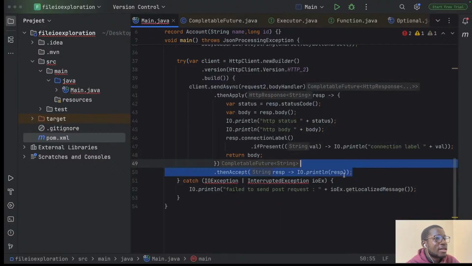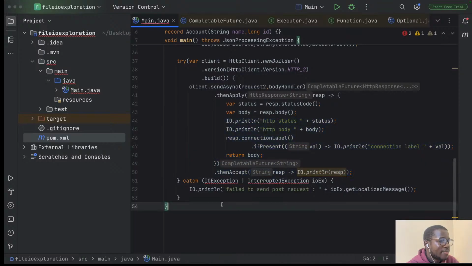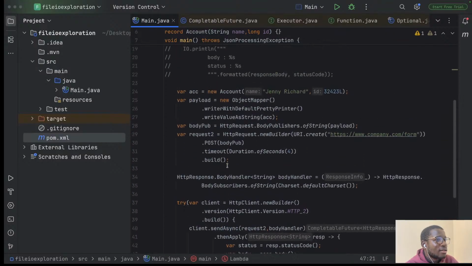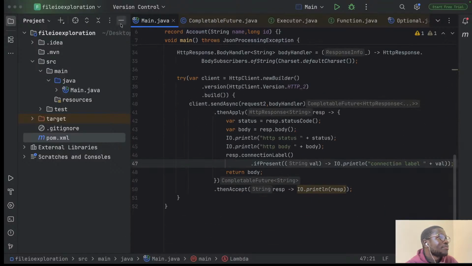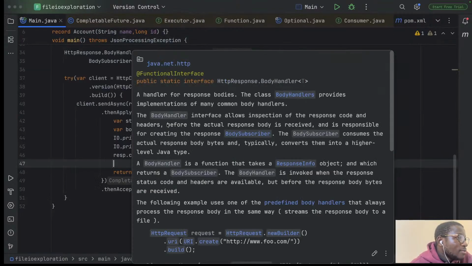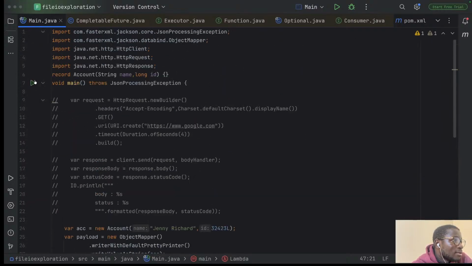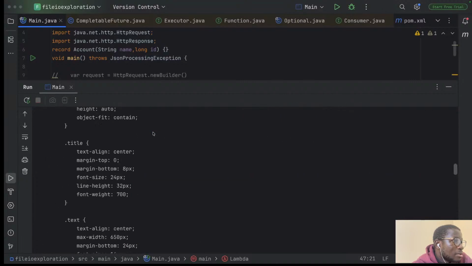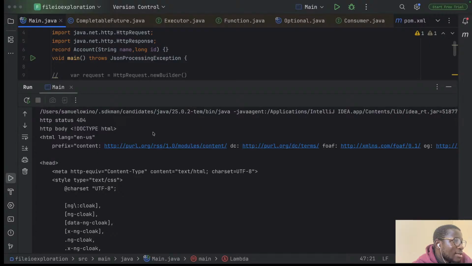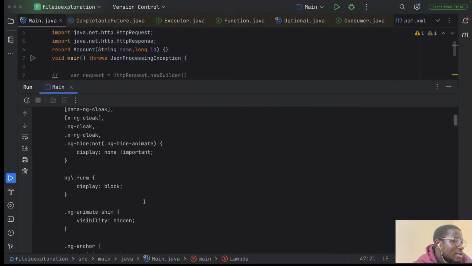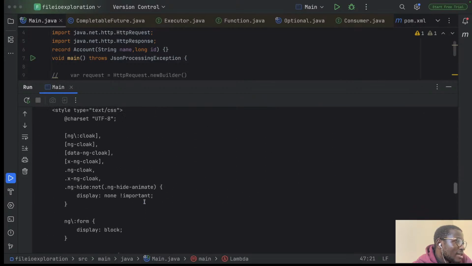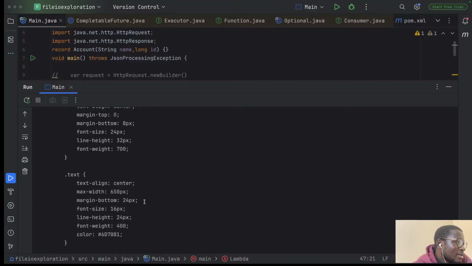And now we don't need this additional exception handling. Don't need this because we're not using send, we're using sendAsync. And let's see how that works out. Okay, so it still does the same request. We get a 404 because that spot doesn't exist on that server, and we get the HTML, and